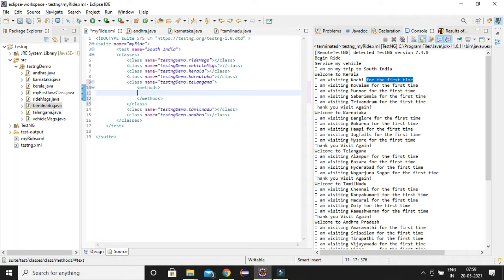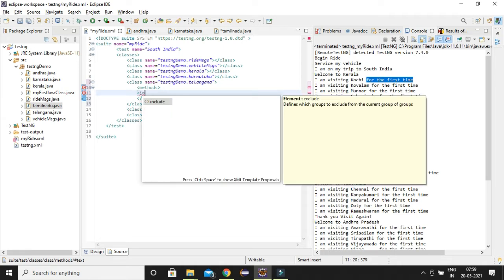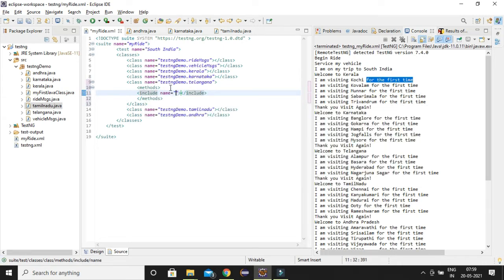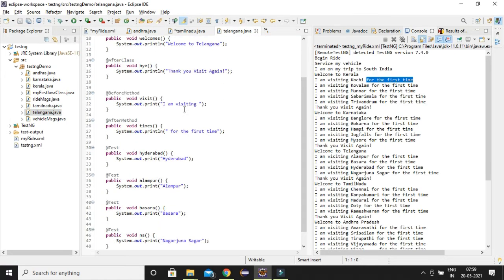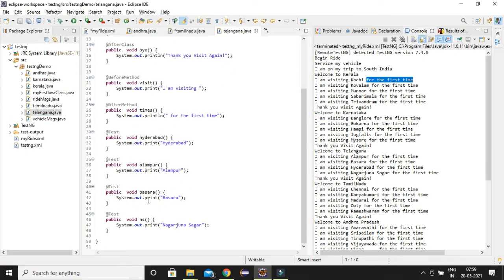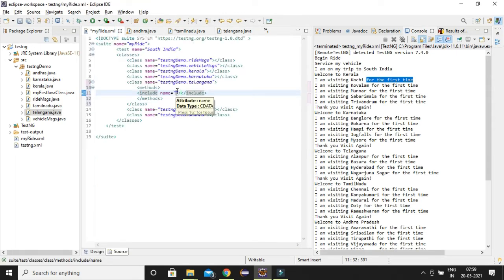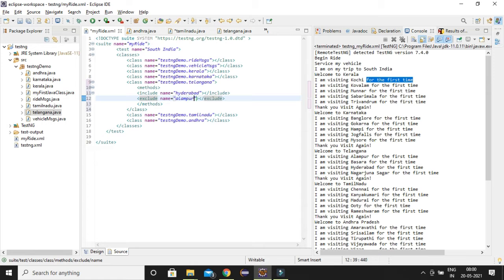Inside the methods tag I can say I want to include some method. In the Telangana class, what are the methods that you have? Test methods Hyderabad, Alampur, Basra. So I just want to include Hyderabad and I want to exclude Alampur.